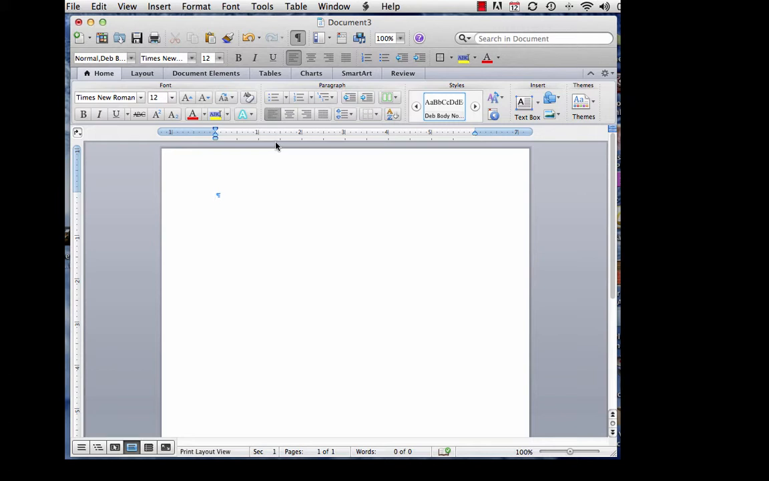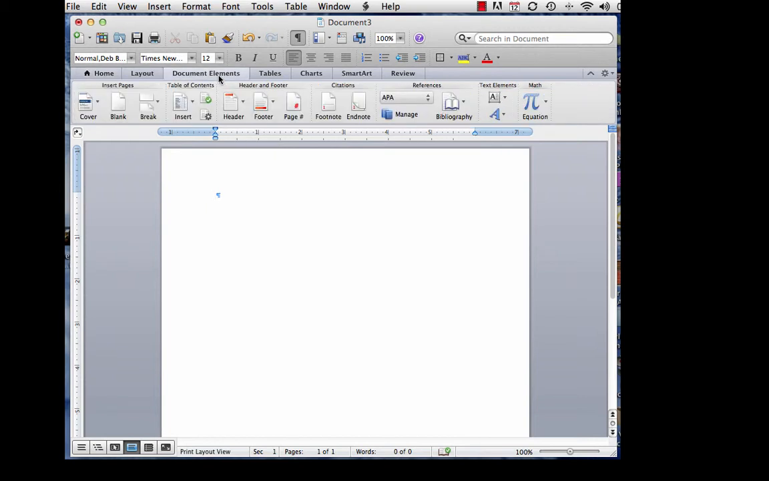The next thing that you have to do is to insert a running head in your paper. In MLA, your running head appears in the upper right corner, and it is the page number and your last name. Now, depending on the version of Word that you're using, you will need to find exactly where this command is. In the version I use, it's on Document Elements. And what you want to look for is page number, not header,